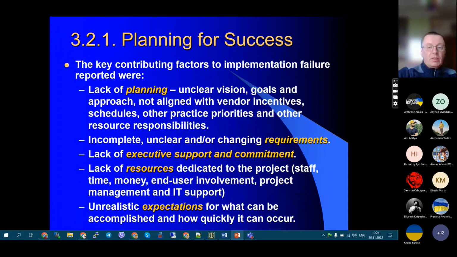So, key contributing factors to implementation failure are reported as lack of planning, clear vision, goals and approach, not aligned with vendor identified schedules, practices, and priorities and other resource responsibilities, incomplete and unclear and changing requirements, lack of executive support and commitment, lack of resources dedicated to the project like staff time, money. It's everything, for sure. End user involvement, project management, IT support, and realistic expectations of what can be accomplished and how